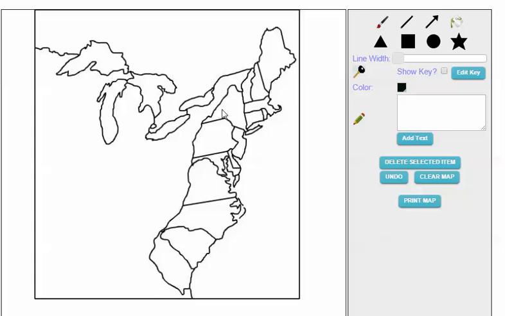Anyhow, the first thing I want to do is use the fill tool right here to make the different regions different colors. So let's make the New England colonies red, New Hampshire, Massachusetts, Connecticut, and Rhode Island. Let's make the middle colonies green. That includes New York, New Jersey, and Pennsylvania. I can't forget about Long Island here. And let's make the southern colonies blue,